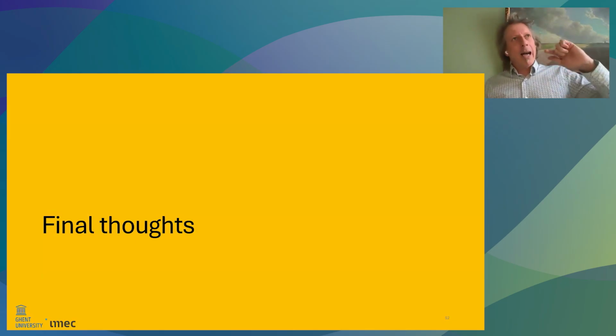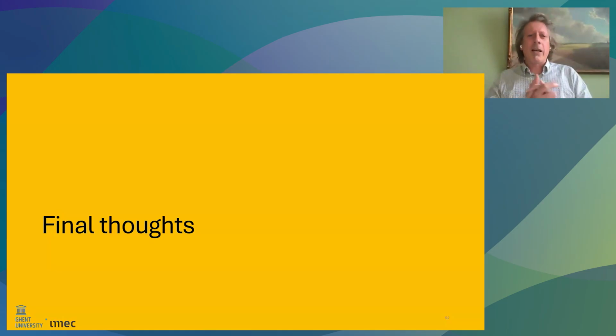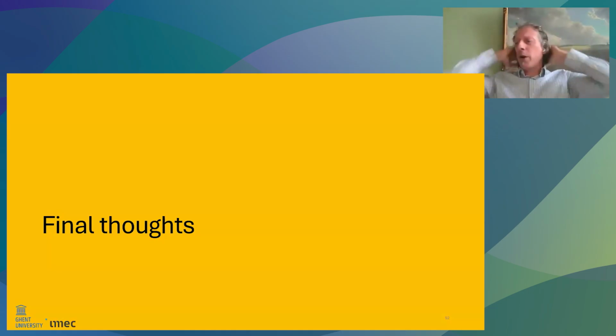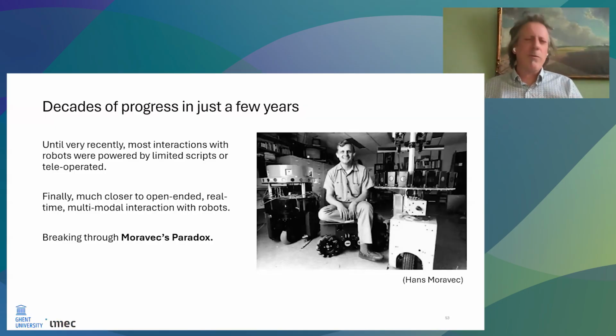And so it's unbelievable how this context awareness, this common sense reasoning that you have in LLMs and VLMs actually changes the way we do things. So some final thoughts. We've seen decades of progress really in just a few years. Only a few years back, we had robots that really couldn't do anything. We had to wizard things. We had to narrow the interaction to stay within one narrow path, so we could script behaviors of the robot, and that is dropping away.